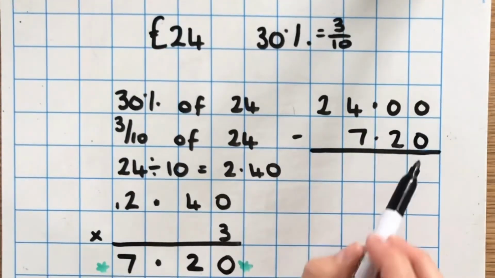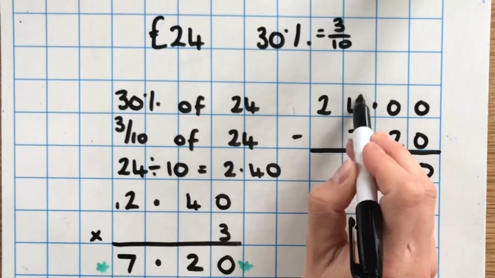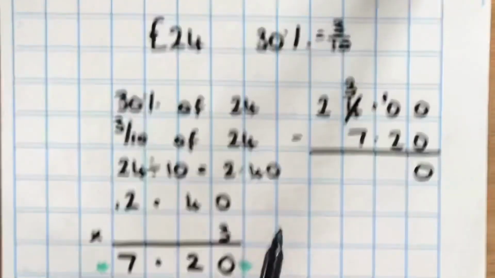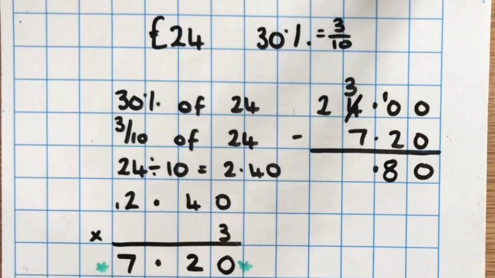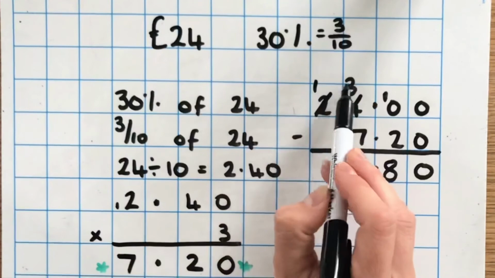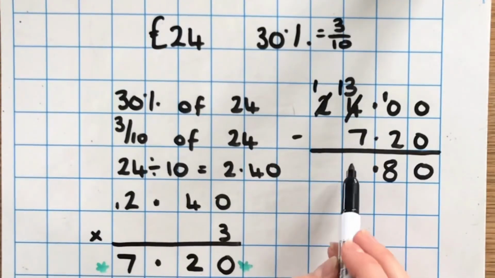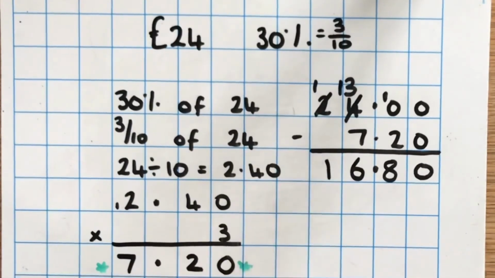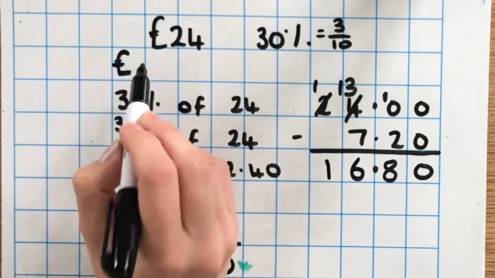So 0 take away 0 is 0. 0 take away 2 you can't do, so you're going to go to your 4 in your units, leave you with 3 units and carry 1 over. 10 take away 2 is 8. Don't forget your decimal point. 3 take away 7 you can't do, so go to your tens, leave you with 1 ten, bring the 10 over. 13 take away 7 is 6. 1 take away nothing is 1. So the price you're going to pay for the shirt in the sale is